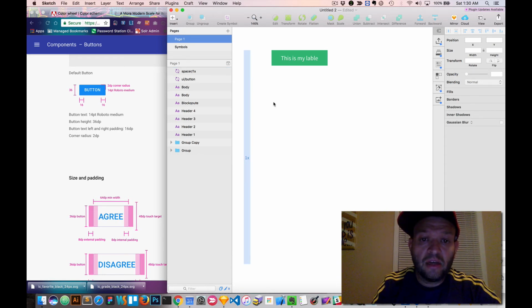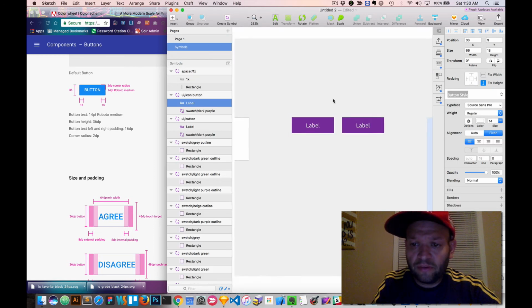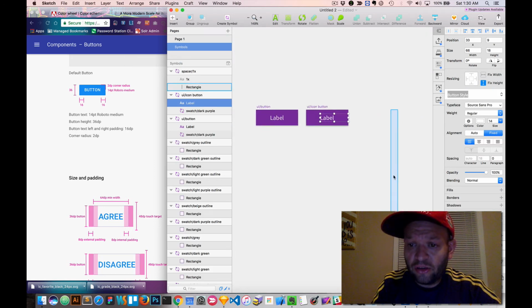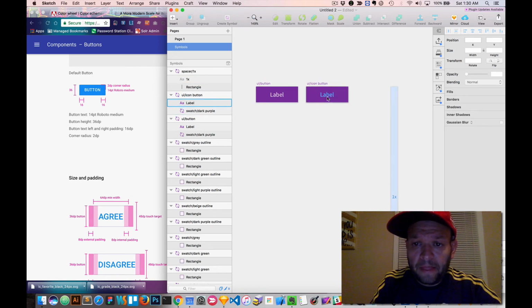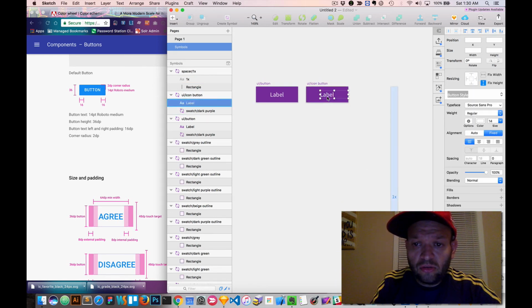That's your column. And then what you want to do is you want to actually create your row as well. So, but we'll just go right to the symbols for now. Okay, so I have this symbol here. Now what we could do is, actually, yeah, first you want to add in some